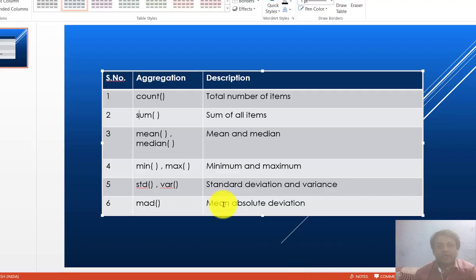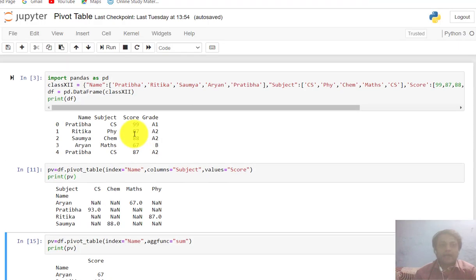Now we have the next aggregate function, mean, that we already performed, and second is median. Median, you say, is a mid value. If you have more duplicate values, like in this table we have only the Pratibha records, where only two subjects are duplicates.